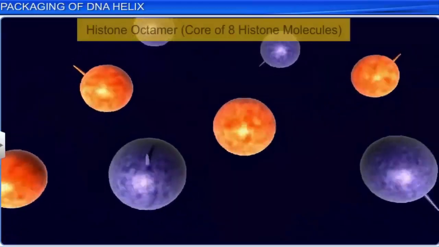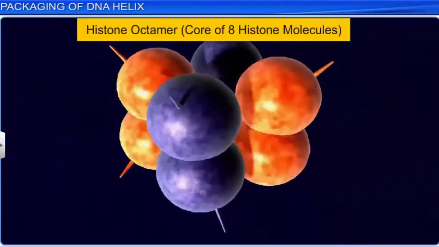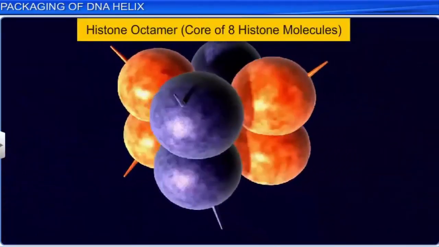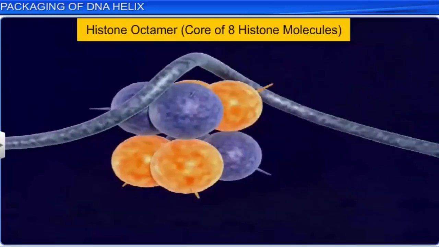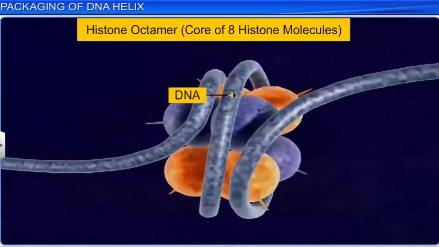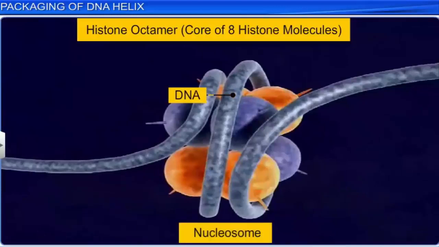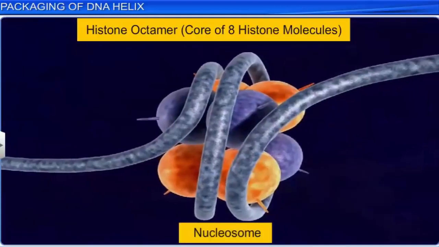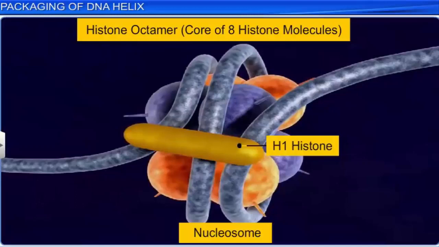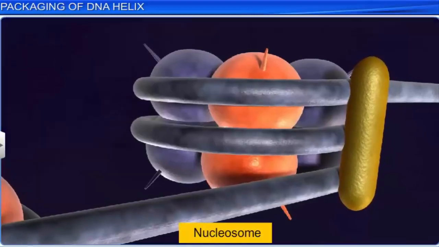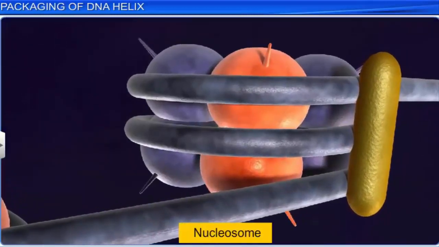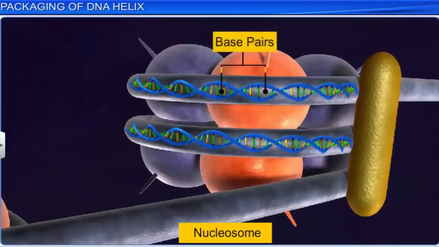Furthermore, the histones are arranged to form a unit of 8 molecules known as the histone octamer. Now around the positively charged octamer, a negatively charged DNA molecule is wrapped to form a structure known as the nucleosome, which is held in place by the H1 histone. A typical nucleosome has around 200 base pairs of DNA helix, and